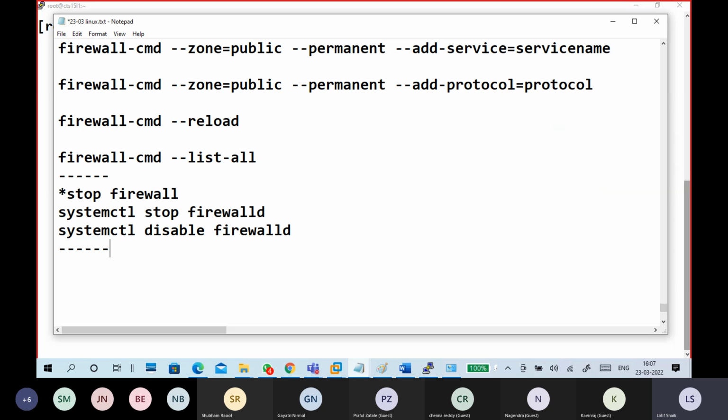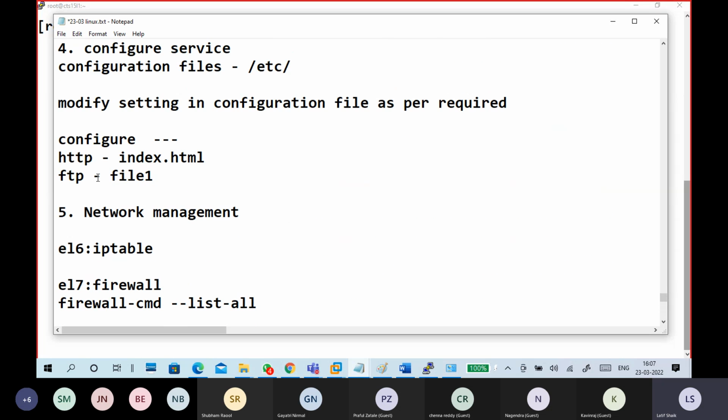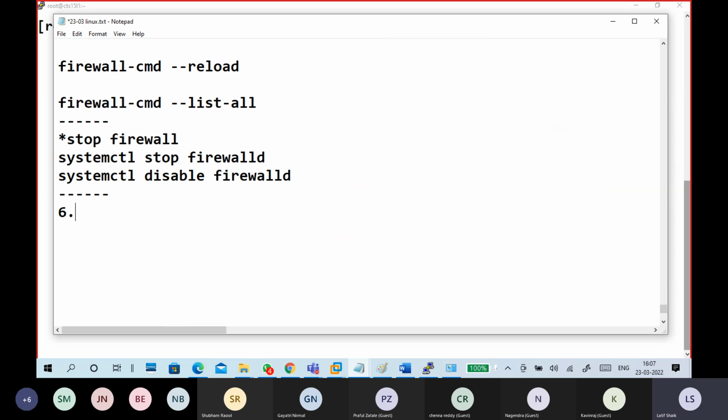So what is the fifth one? The sixth one is SELinux.